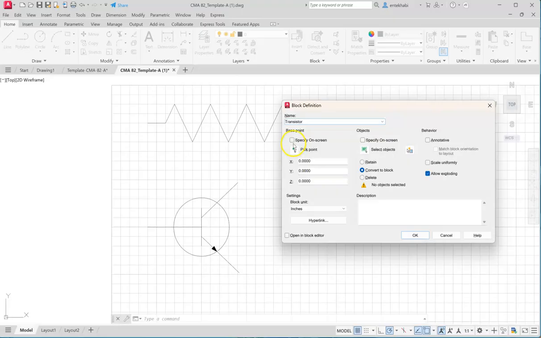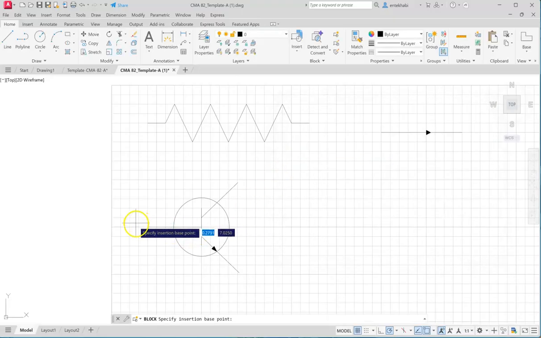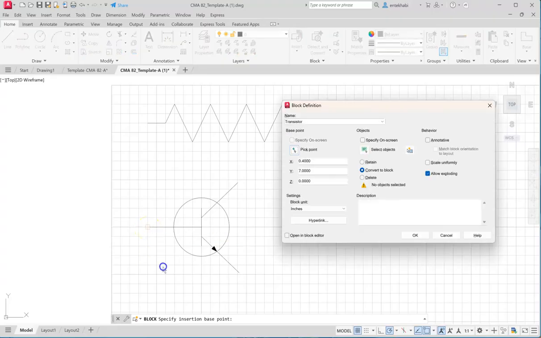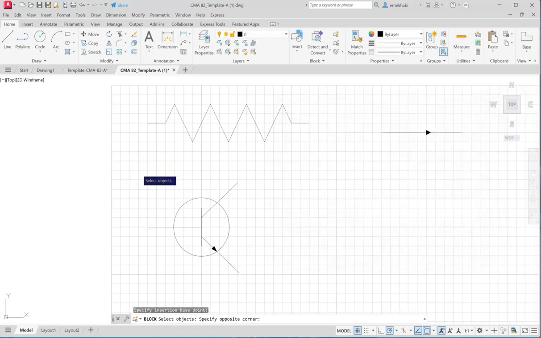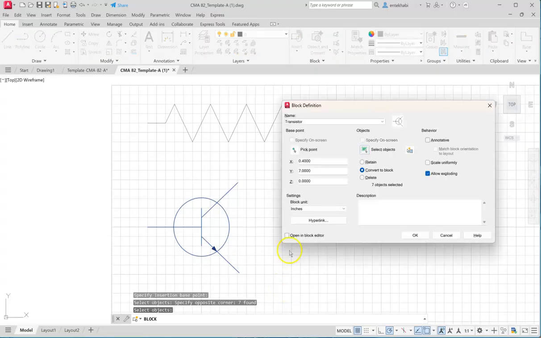And the pick point for insertion would be the end of this one. Connect to end and select objects, select everything. Press enter to end the selection, and the transistor name, pick the point already, select the object, and OK.